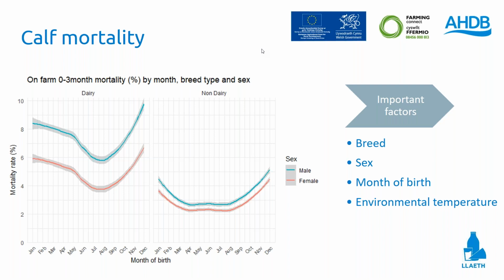But when we paired this up with the Met Office temperature data for the whole country, we actually also found an independent effect of temperature, which means there's both an effect of month and temperature. So for example, of all the Januaries, more calves would die when January was colder than when it was warm. This part of the study really is a rough overview across the country, but already we can see some quite strong patterns in the mortality rates, and it seems to be primarily influenced by the management system